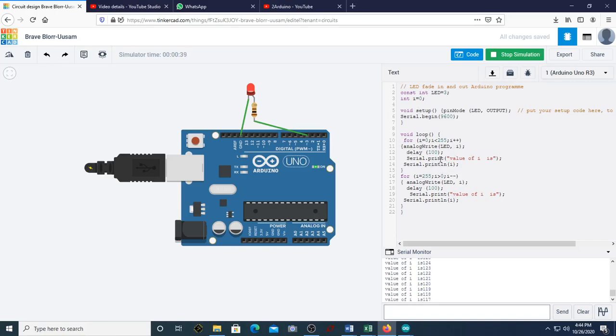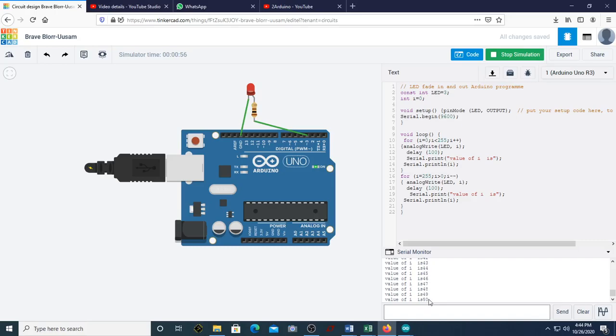This is an infinite loop. Once it is 255, it will come out of this loop and it will execute this. Once it comes out of this, it will go to this loop. So this is an infinite loop. You can see it keeps on reducing. Once it becomes 0, just have an eye on this also. So this is becoming 0 now.